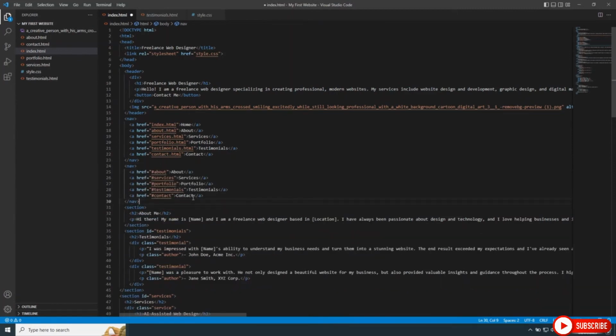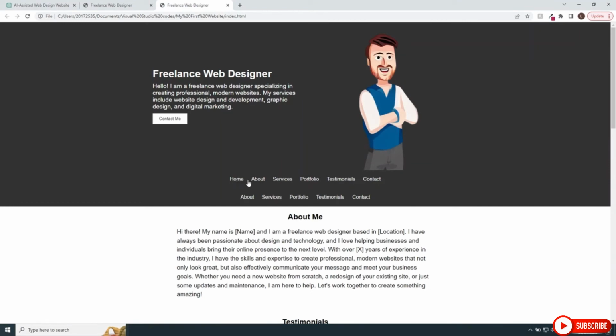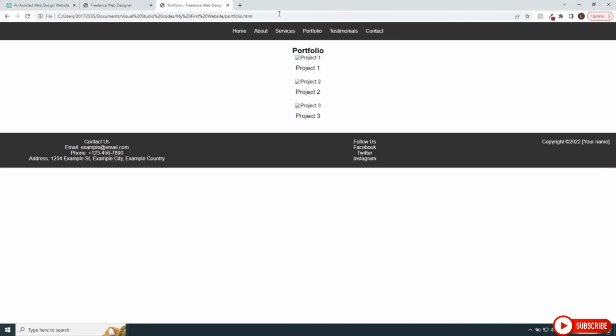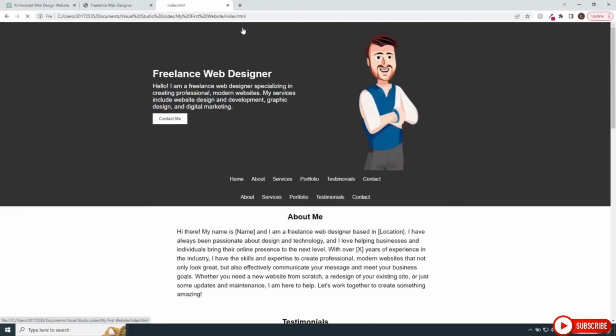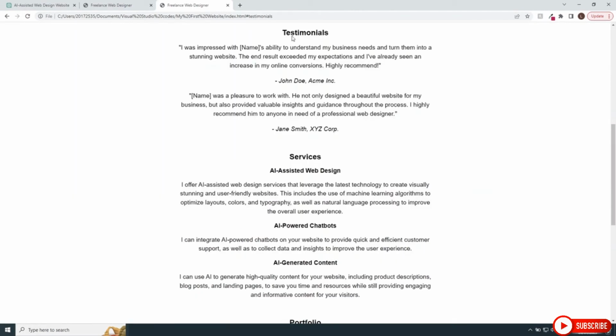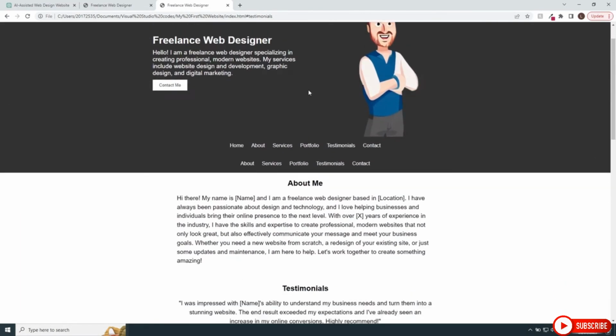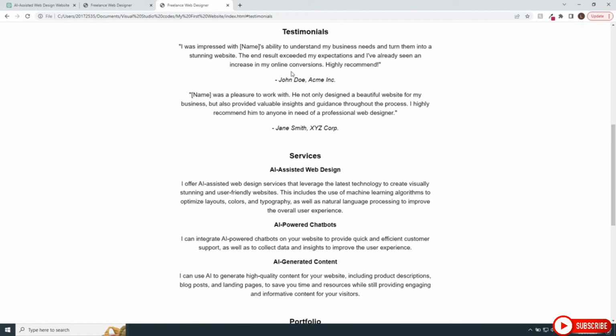So if we hit Ctrl S to save that, we can take a look at that in our website. And there we go, this top one is going to send us to the pages. And if we go to the home page, we can hit testimonials and it will jump to testimonials. And now we want the JavaScript to make sure that it actually scrolls down nicely to that section instead of